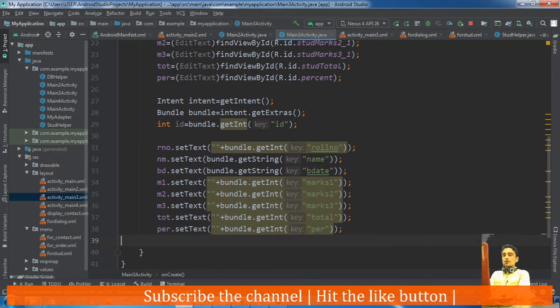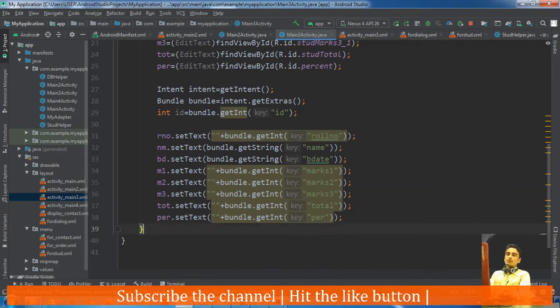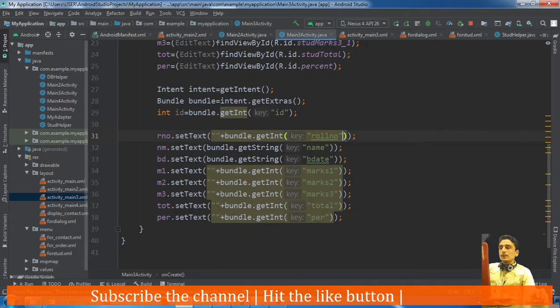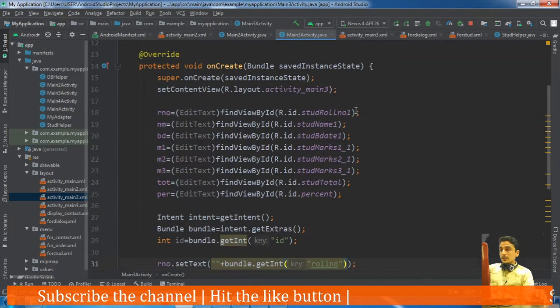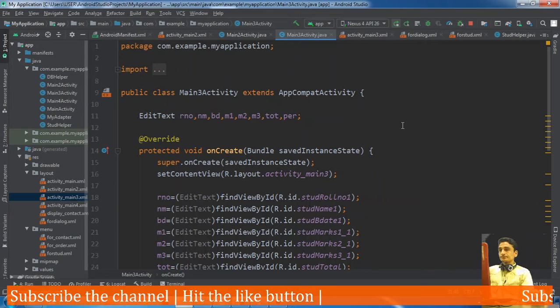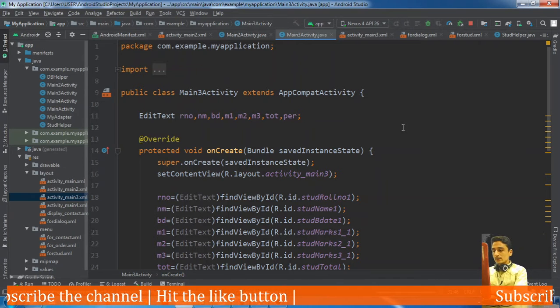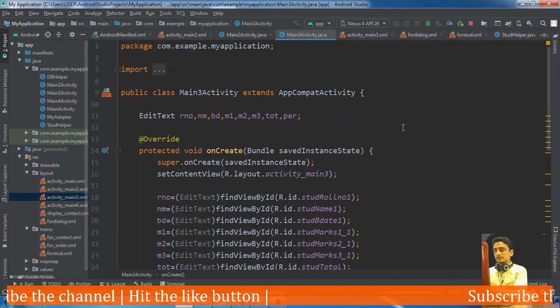After doing this much, the record will appear in the activity. So let's re-execute it and check it.